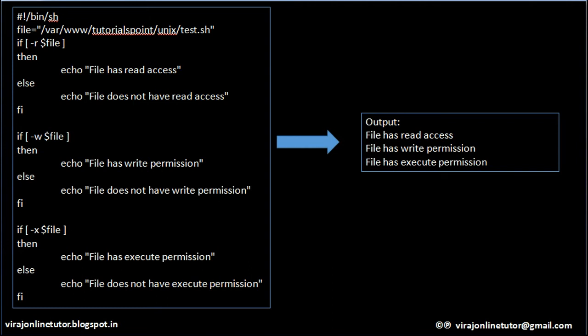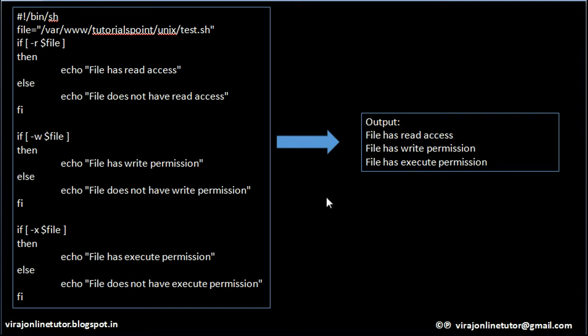Now let's see some more examples on what are the different flags which are available in the shell scripting to check whether a file is having a read permission, write permission and execute permissions in Linux, right? So in this example, I have a sample file here. I am checking whether this file has a read permission. How to do that? Using -r flag, it checks whether this file has a read permission. So in this example, this file has read, write and execute permissions. So I'm just doing a check here, okay? So is this file having a read permission? Yes. So it prints on the screen file has read access.